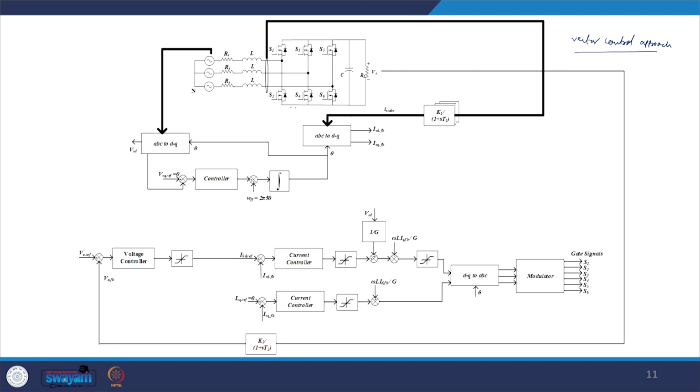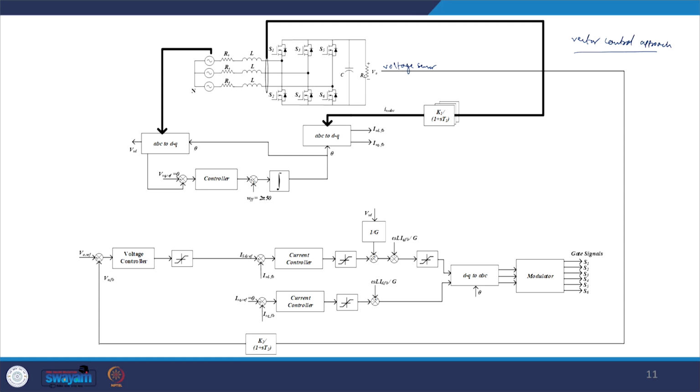Now we have this 3-phase inverter, where we have used MOSFETs. We can also use IGBTs with freewheeling diodes. Here we have used MOSFETs. So we have 3 half bridges, with C, RL, L, RS. We know how we can calculate this L and C, and how we can size our switches. Since we are sensing the output voltage V0 through a voltage sensor, we send it through the voltage sensor transfer function as feedback to the V0 reference, and we compare them.